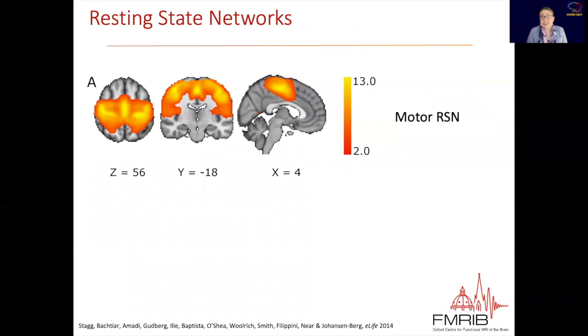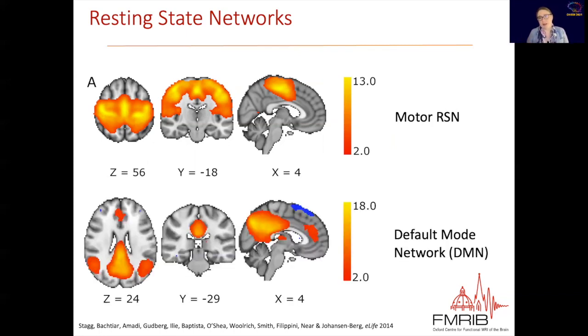A number of ways of doing this. One way of doing it is to look at resting state activity. Now we're at OHBM, so I'm going to assume that everybody knows what this is. But these are subjects who we popped in the scanner, got them to lie at rest, and just looked at regions of the brain where the spontaneous BOLD activity co-fluctuates. And you get these beautiful networks that look very much like task-related networks. So this wasn't a fancy analysis. This was a very simple network-based analysis. And we determined two networks. One, the motor network, and one, the default mode network, as a really robust, well-described control that doesn't involve primary